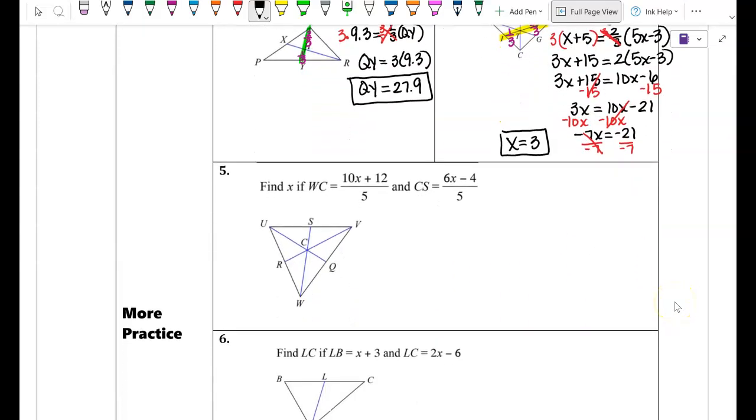All right, the next one, number 5. This one is different. They want us to solve for x. They're giving us WC and CS. So again, we have this segment here. WC would be the 2/3, so CS would be the 1/3. But in this case, they give us WC and CS. They do not give us the entire segment or aren't asking about the entire segment. So this one is going to solve a little bit differently if they're talking about both segments of the